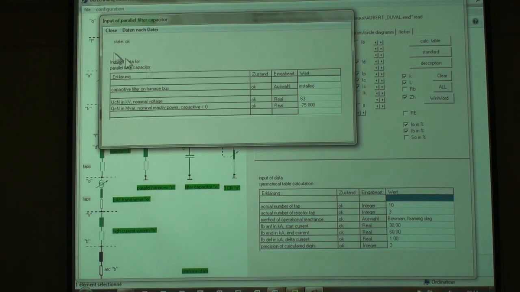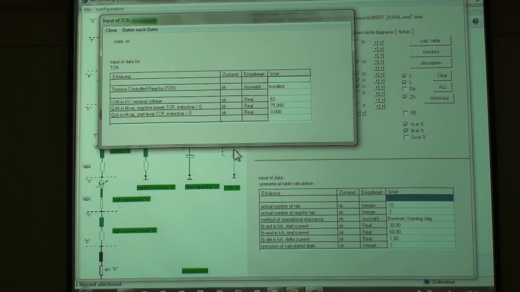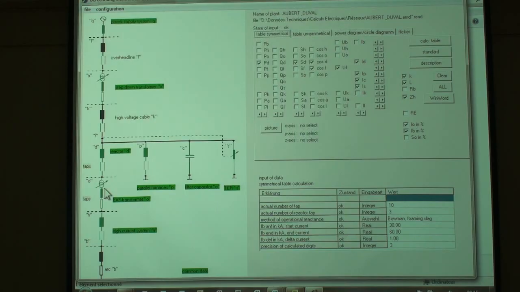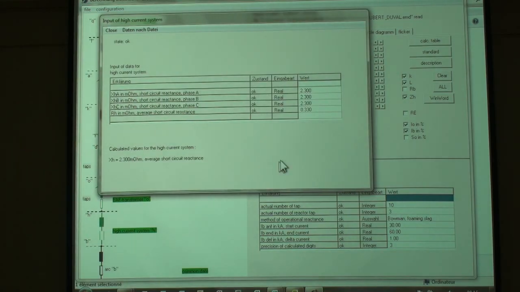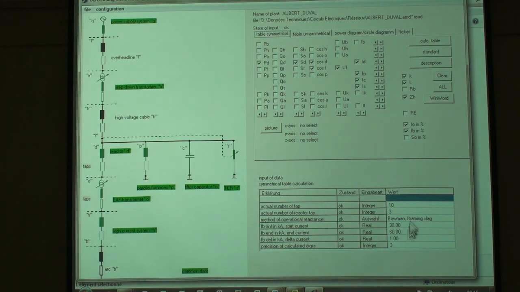Capacitor, same, very easy. And the SVC: the power installed, the voltage, and here the start level. It may be that you don't start the SVC if the MVAR is below a certain value. So you may specify the start point for the SVC. It's not very, very important. And finally, the secondary bus bar. This is the result of the dip test. So when everything is fulfilled, you may select here